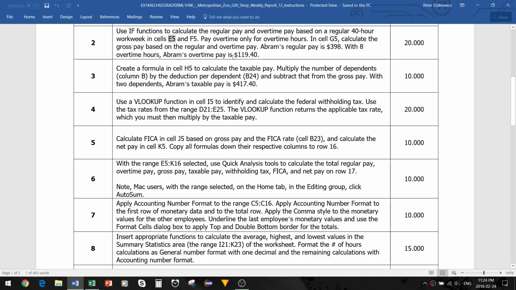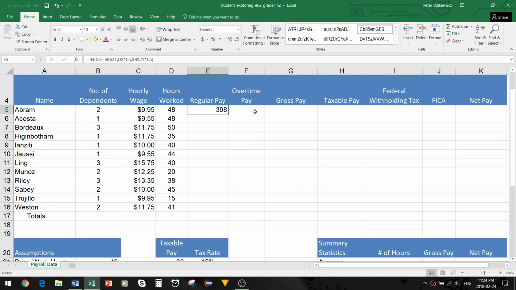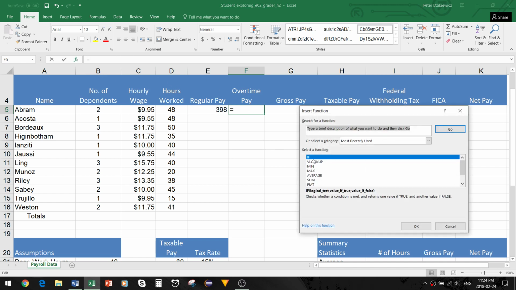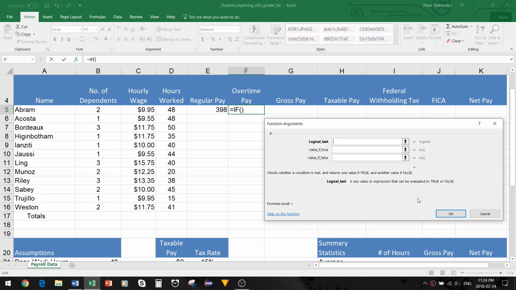Let's go back to our instruction. So we got E5. Now we're going to focus on F5, which is the overtime pay. So again, for overtime pay, it's asking for an if function. So we will enter another if function. However, this time,